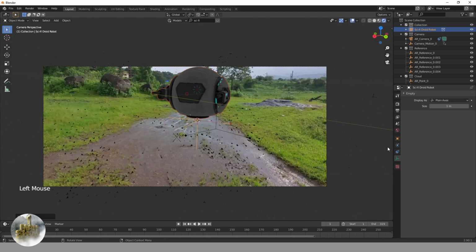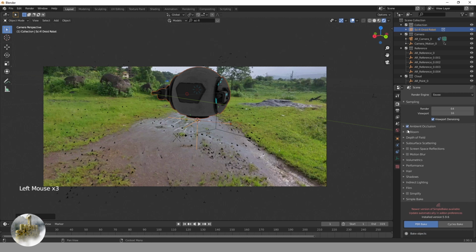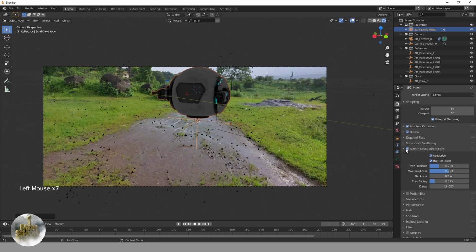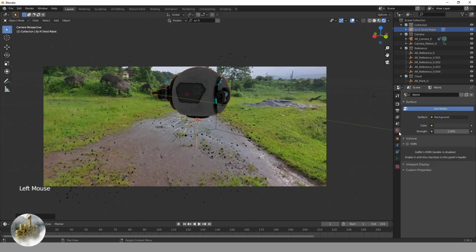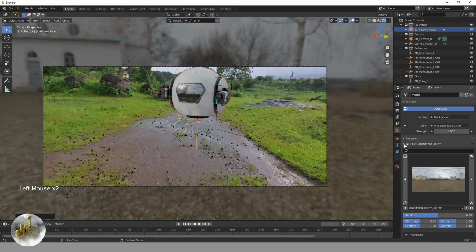So then I decided to render this scene using Eevee. So I checked these settings on before I started rendering. Then I simply started by adding an HDRI.